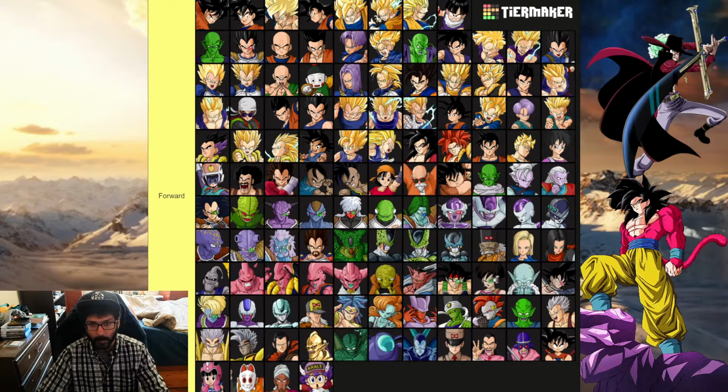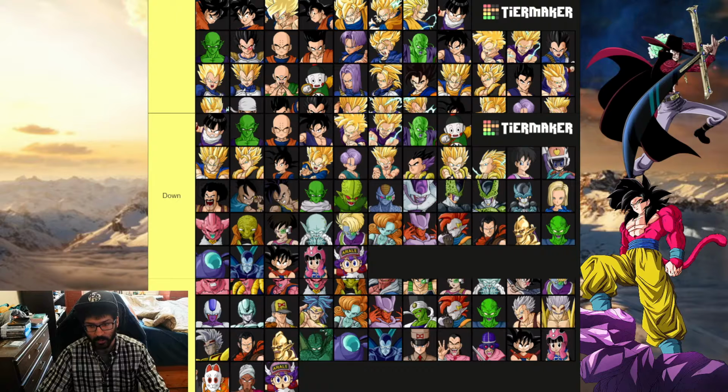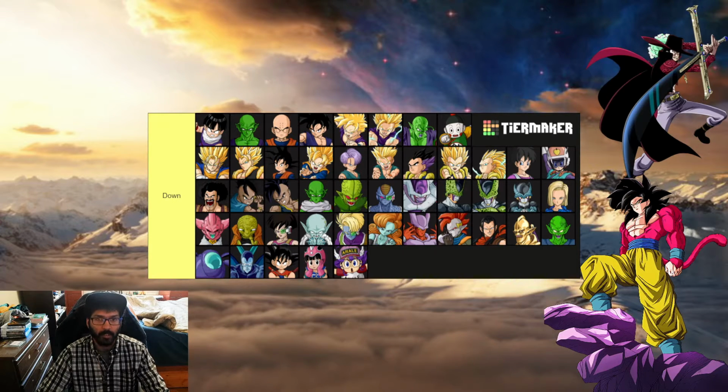Then we have forward. You'll see that a couple of characters were removed. I already don't remember which ones, but I've gone through these enough to know which ones are on the left, right, and up lists. I have not memorized the ones for forward. And then we have the one for down. Let me just take all of these off really quick so you have a clear view. There we go. So these are all the characters in the game that have a down Vortex Dash from a